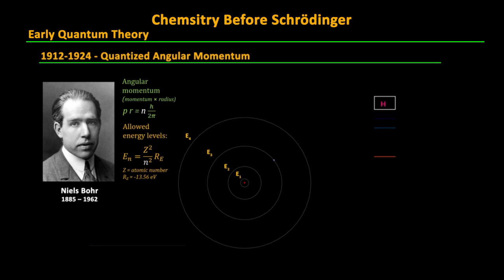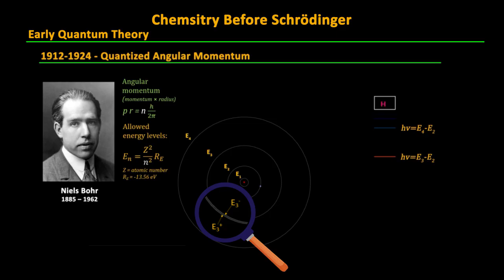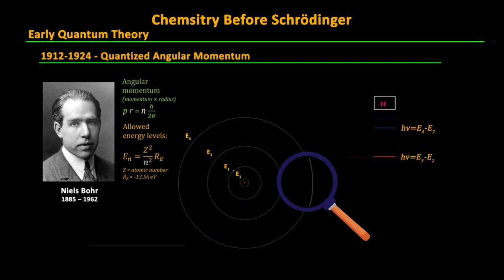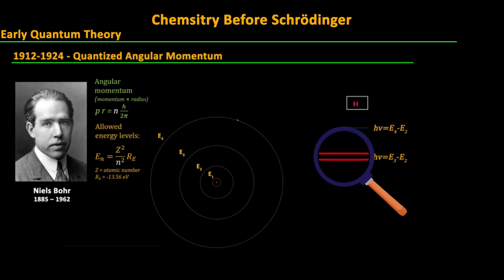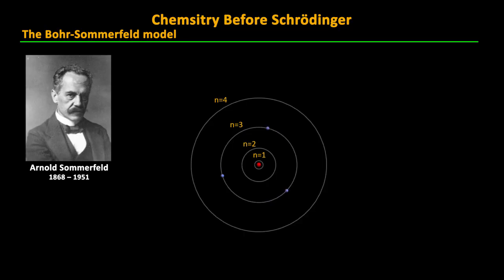Bohr's model for quantized angular momentum generated precisely quantized energies that he matched to photon frequencies in the observed spectra, but the doublets and triplets in the fine structure of the atomic spectra implied that not all electrons with the same principal quantum number had precisely the same energy. Focusing on this problem of small electron energy shifts that Bohr's model couldn't explain, German physicist Arnold Sommerfeld refined Bohr's model over the next several years to provide answers.